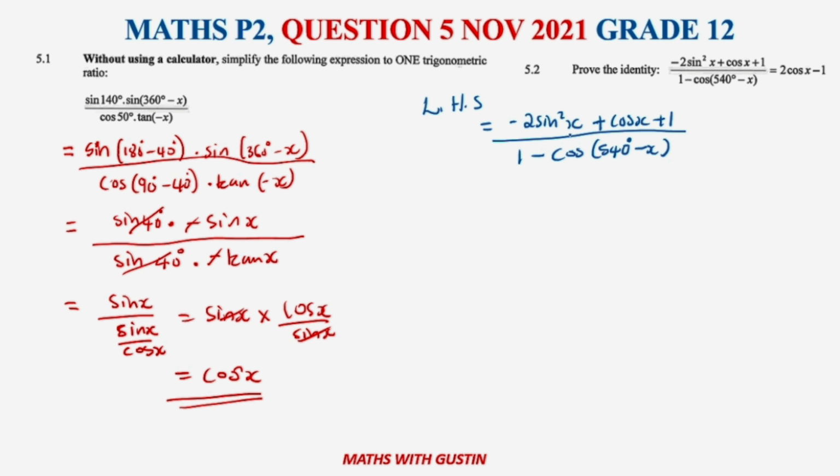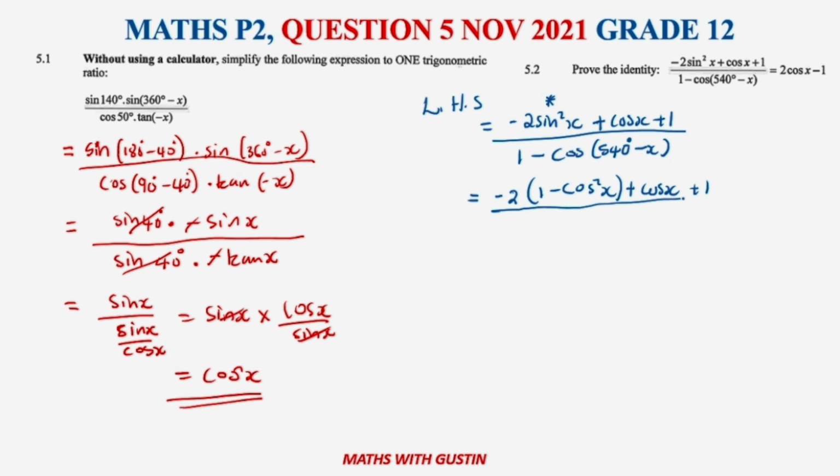Okay, here we go. So now what do we have here? We can see that we have a 2 there. Now this sine here we can simplify, because our answer only has cos, so we might want to change this sine. The reason I'm changing this is because our answer is in cos, so anything that has to do with sine has to go. So we are going to have 1 minus sine squared x from our identity there, plus x plus 1, all